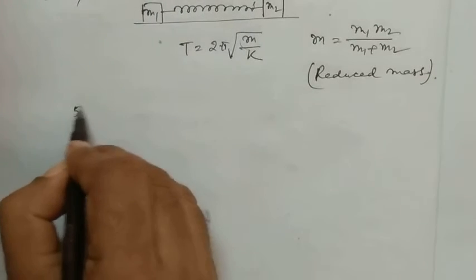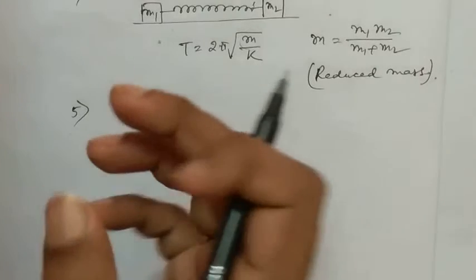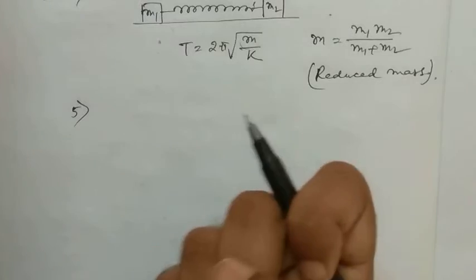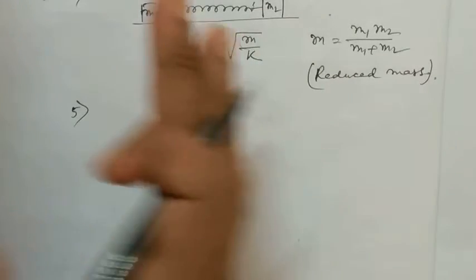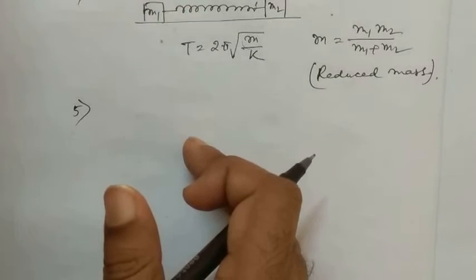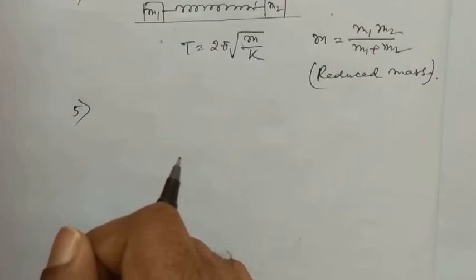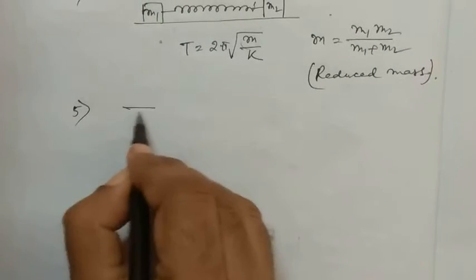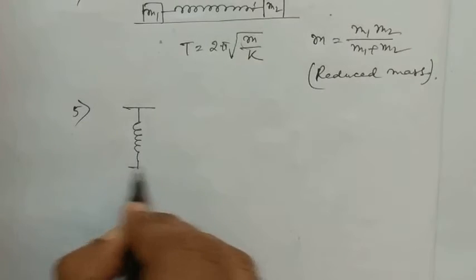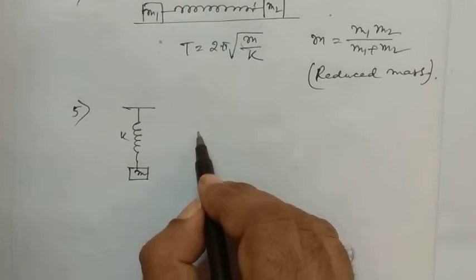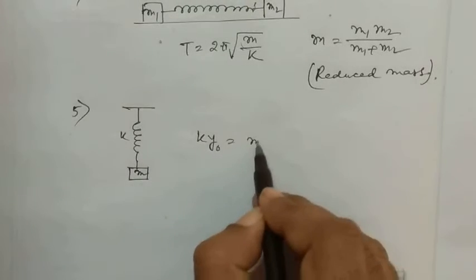Now if you take another case, number 5, if the stretch in a vertically loaded spring, let's suppose it be y naught or x naught. You can take it y naught because I am stating it for a vertical displacement. If the stretch in a vertically loaded spring is y naught, then for equilibrium of mass m. Now what is equilibrium? So this is the spring, the mass m is hanging downwards, the spring constant is k, so k y naught must be equal to mg.